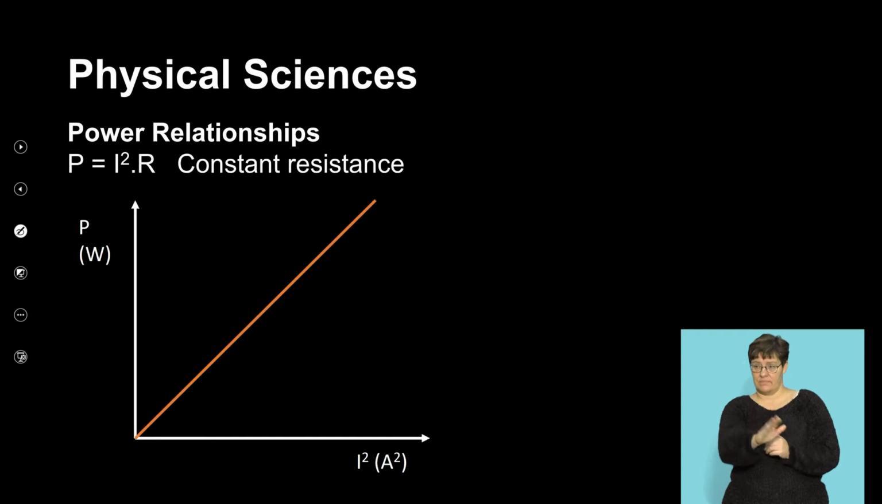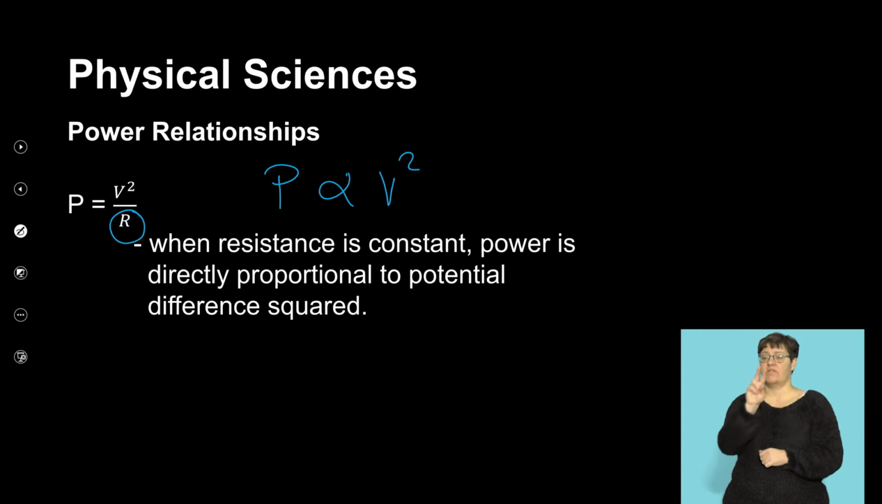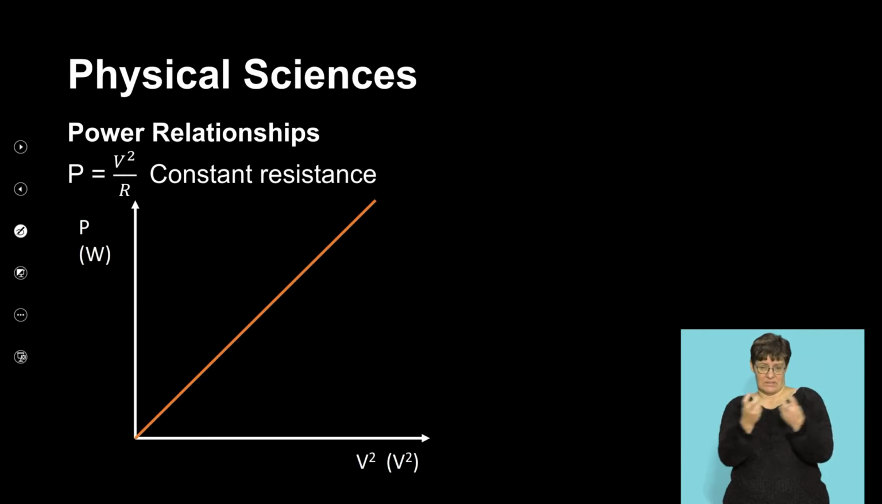This is the mathematical representation of this relationship. And then this constant gradient represents the resistance, right? Okay. Now, when resistance is constant, again, we can also realize that the power is directly proportional to potential difference squared. So if that is constant, we can actually derive this relationship. P is directly proportional to the square of potential difference across a component. And then this is the graphical representation of this